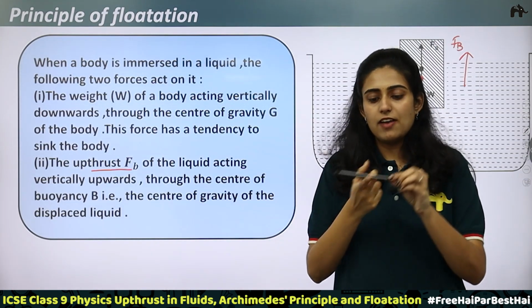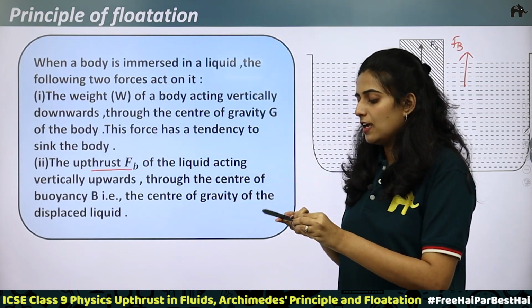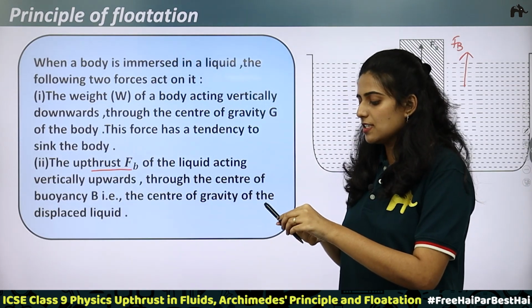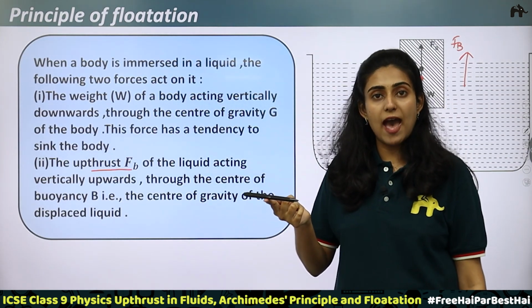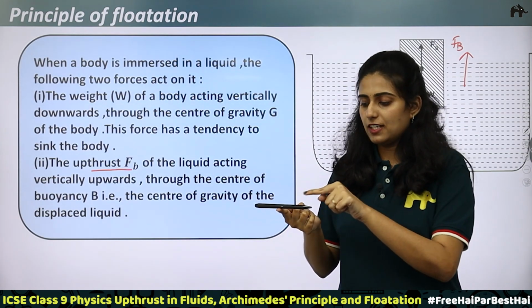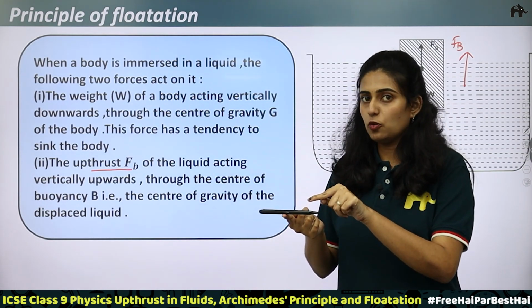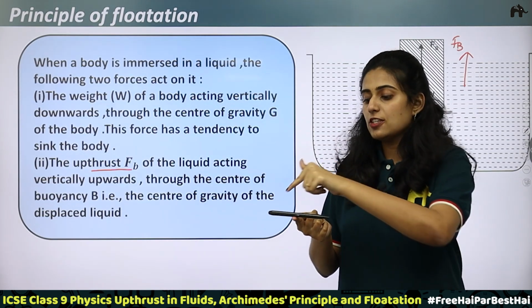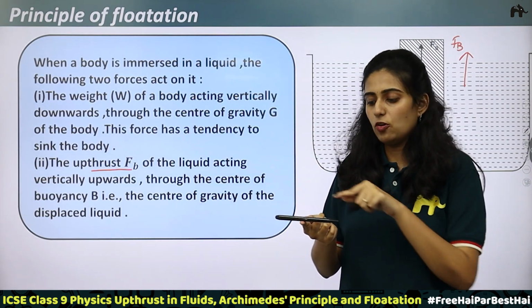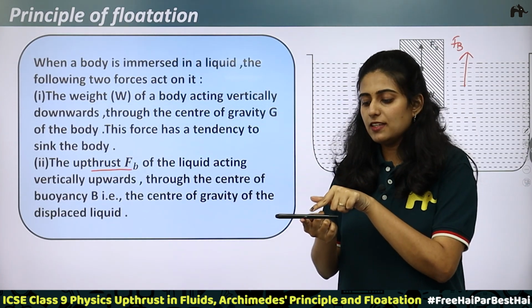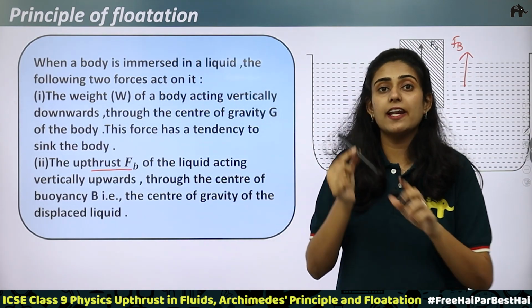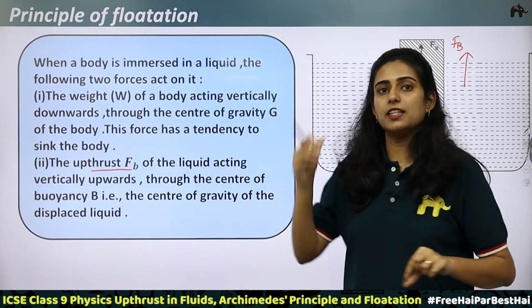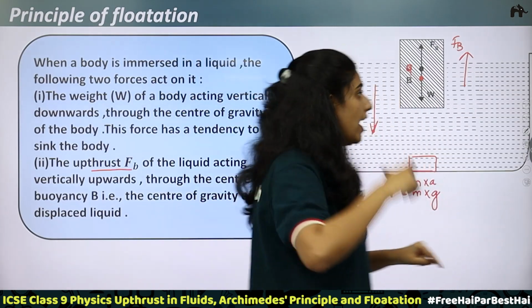Here, if I need to balance this pen, it will be possible only at a single point. At this point, I am able to balance the pen. If I hold the pen with my finger at this point, you won't be able to balance. The pen will fall down. If it is here also, the pen will fall down. But when I keep the pen at this point, I am able to balance the pen, which means this is the center of gravity of the pen. So, for every object, there will be a center of gravity